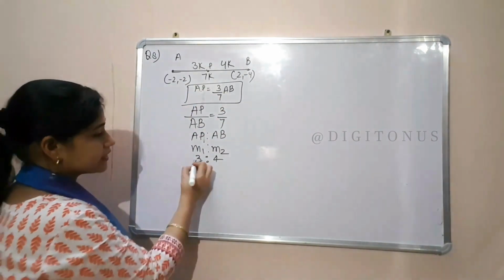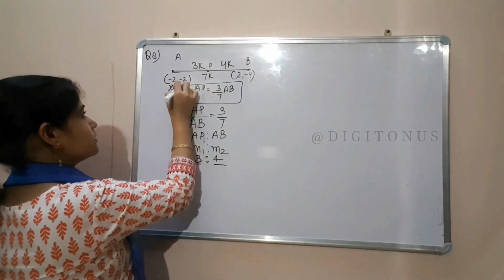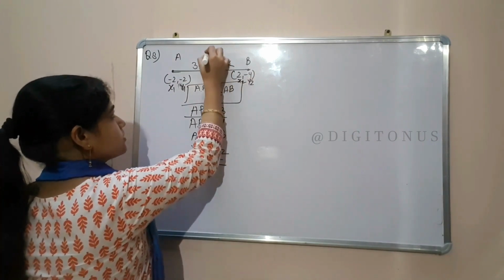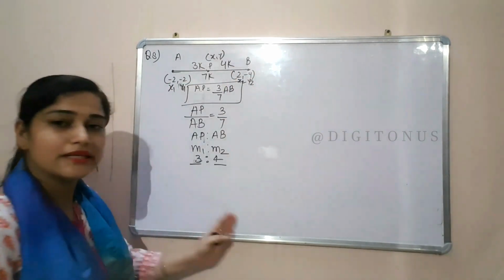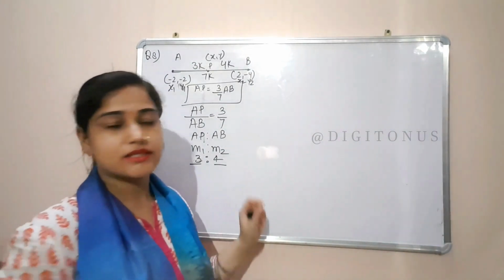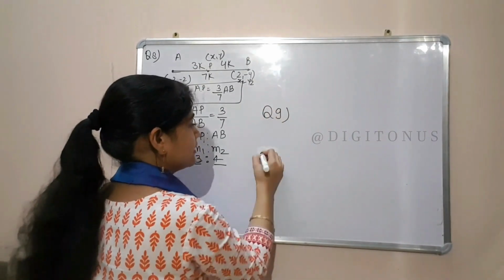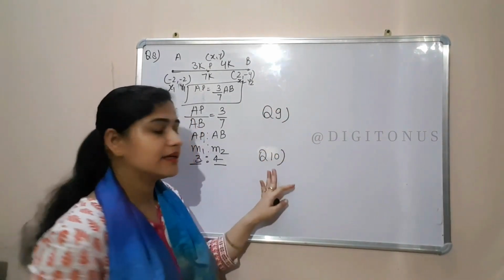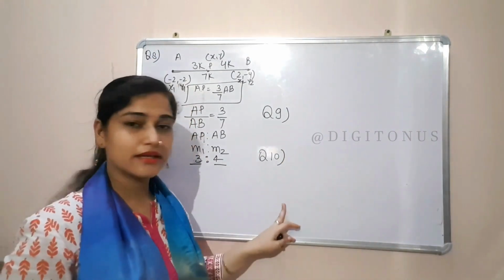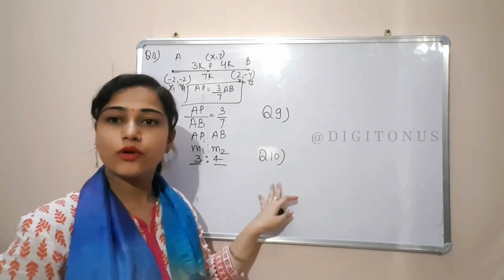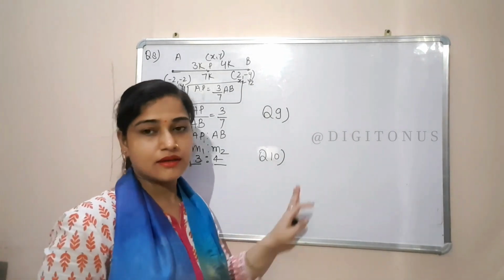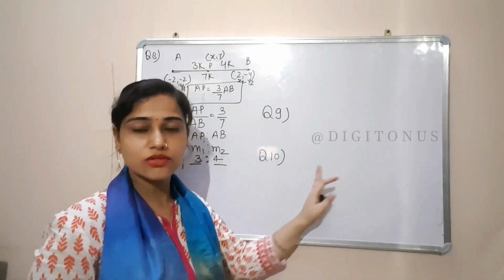Okay, now the question is very easy. This is M1, this is M2, this is x1, y1, and this is x2, y2, and you have to find out the x and y values. Simply the section formula and all the values, that's it. And in this exercise, question numbers 9 and 10 are both very easy. In 10 they are asking for the area of a rhombus and all 4 points are given. So the area of a rhombus is 1/2 into d1 into d2.